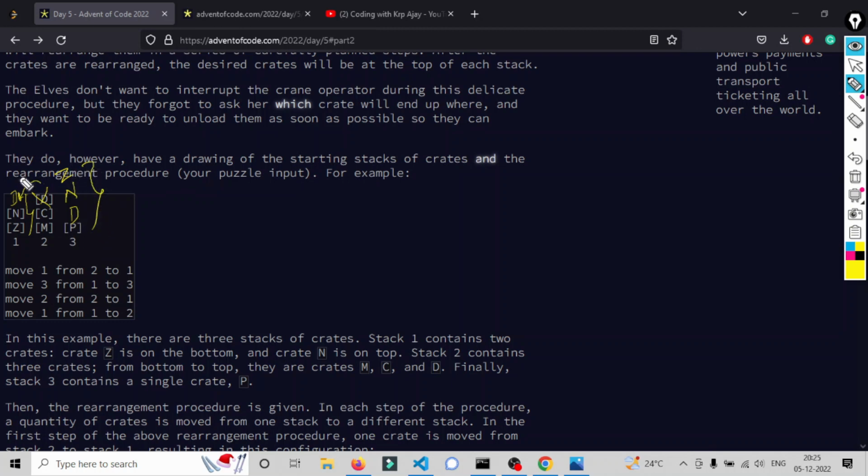Note the operation on the stack: you pop the last item, and when you insert an item, it will be appended on the top of the stack. So pop from the top and push on the top. This type of query you have to perform, and at the end you have to return